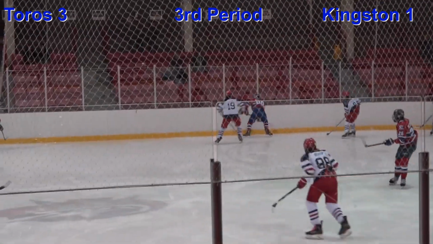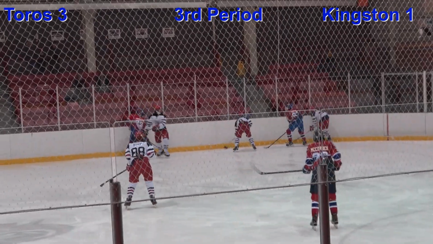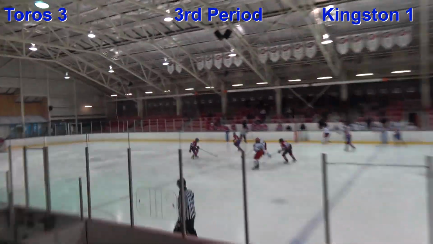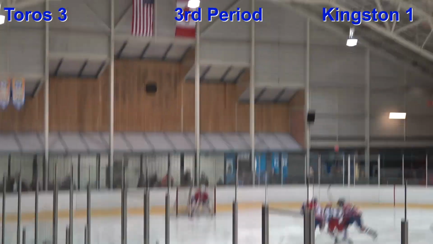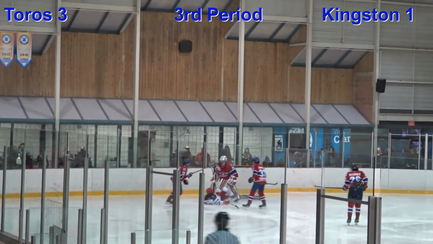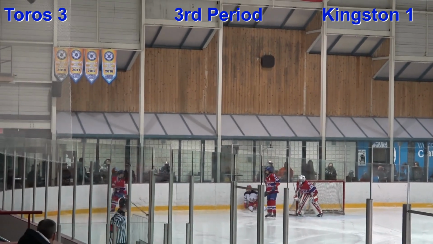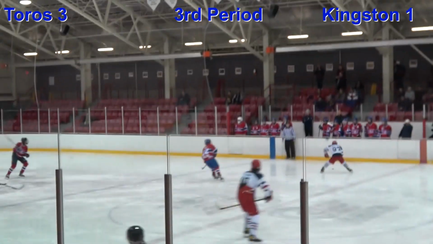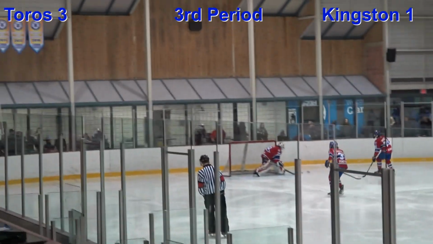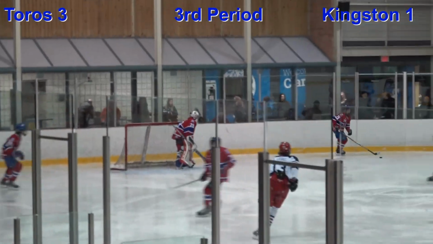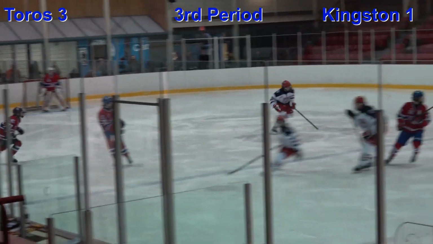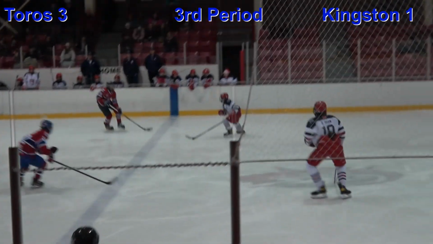Miller Hope tried to get it out of his own end. Sickman tried to get it out of his own end. Here comes a chance now for an opportunity to dump it into the corner. Knocked down by Brodhagen as he dumps it back in the zone, back in behind the Kingston net. Firing it around the boards here for an opportunity, as that's an opportunity now to bring it in.